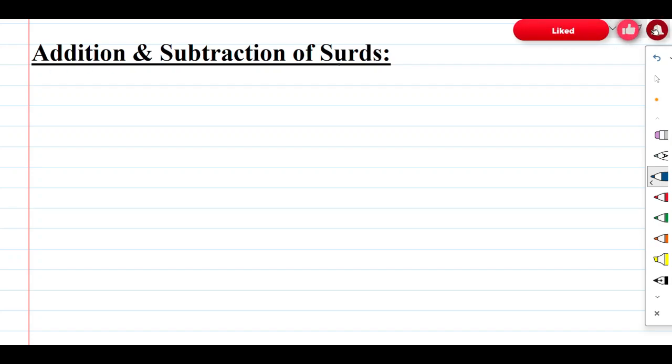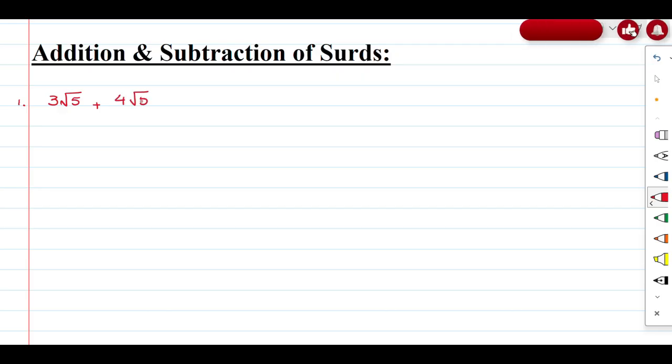Addition and subtraction of surds. So let's do some examples to understand how we add and how we subtract surds. The first example I'm going to take is 3 square root 5 plus 4